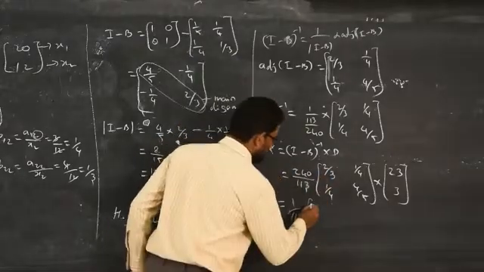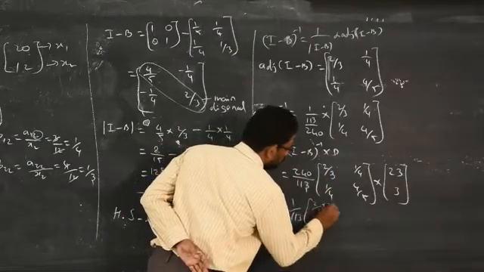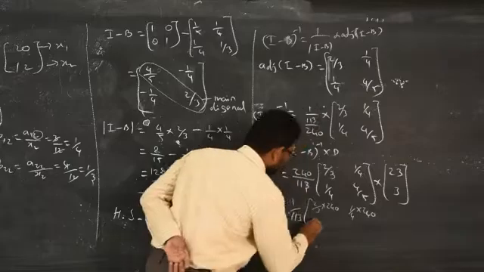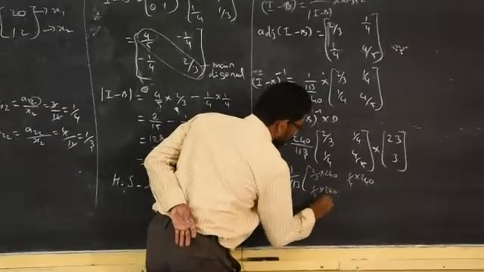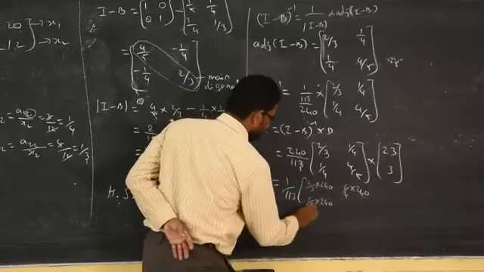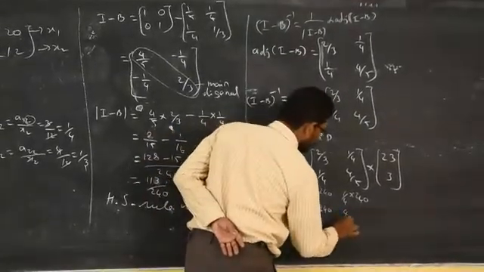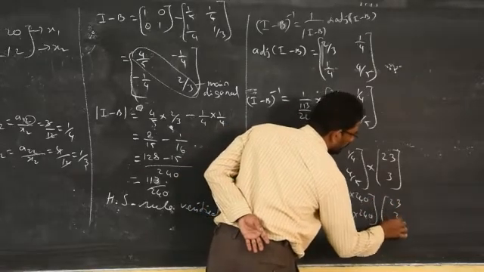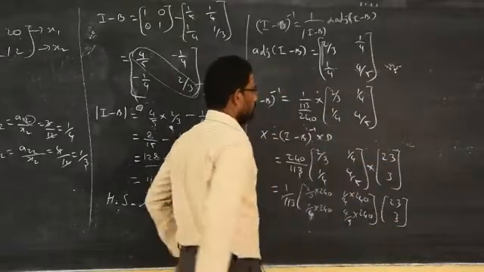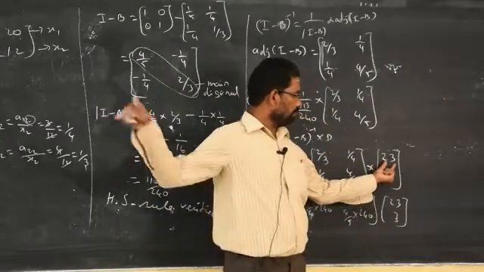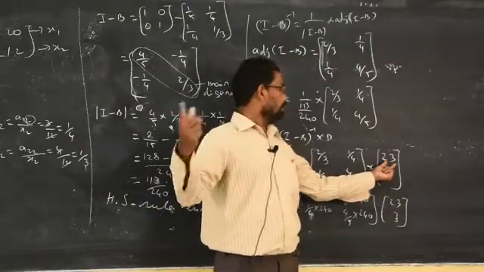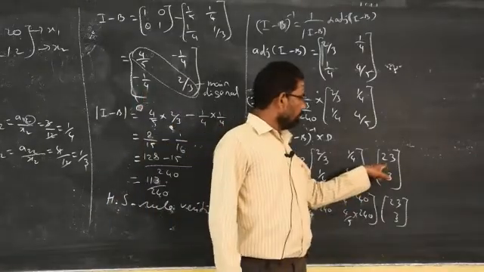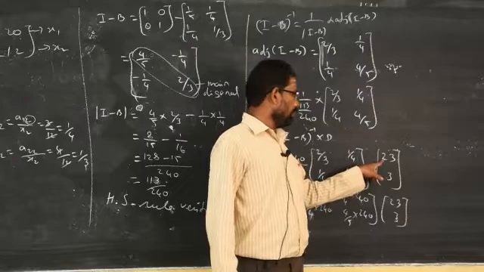So, you take 240 inside now: 2 by 3 into 240, then 1 by 4 into 240, 1 by 4 into 240, then 4 by 5 into 240. Keep the final demand as it is. Be careful, don't write 13. You must remember how to get 23. It is given very clearly that sector 1 alone increased to 23. The final demand given in the book is 13, but you have to find it for 23, so I am replacing the sector 1 final demand by 23.